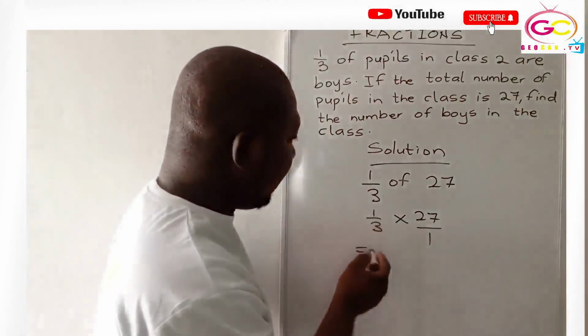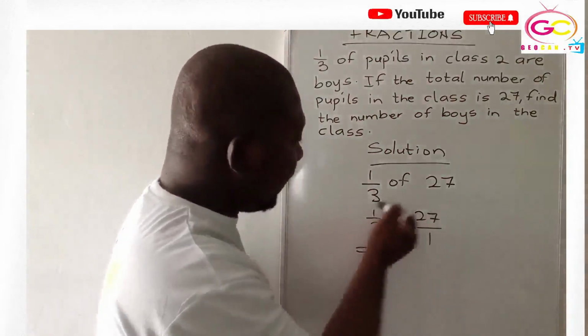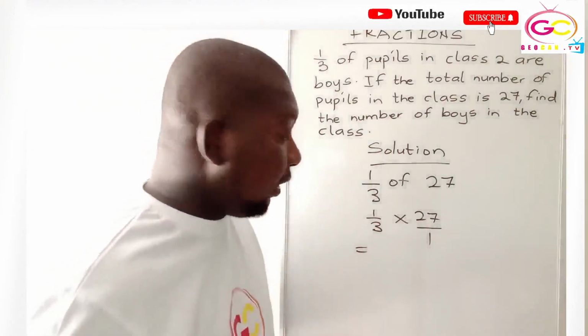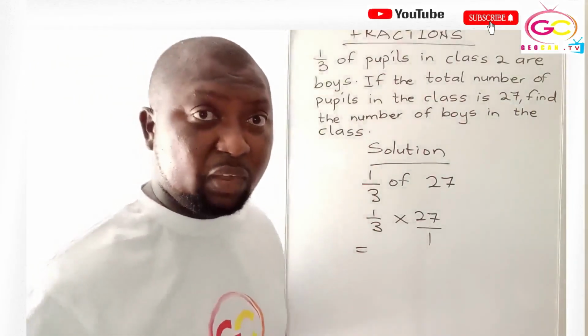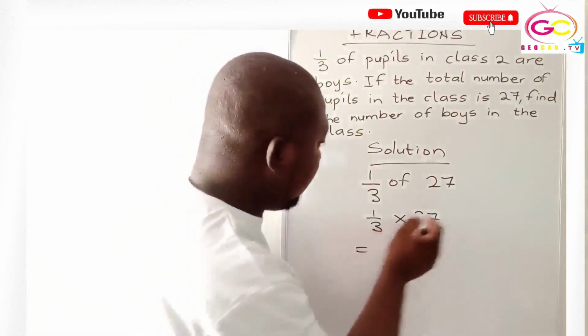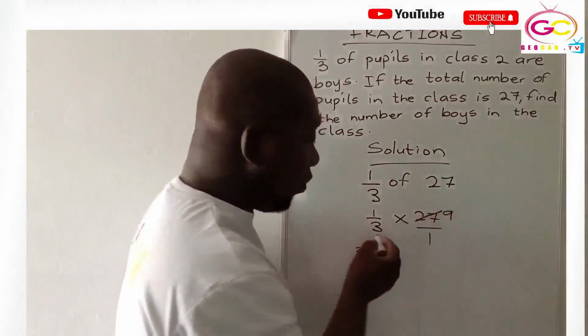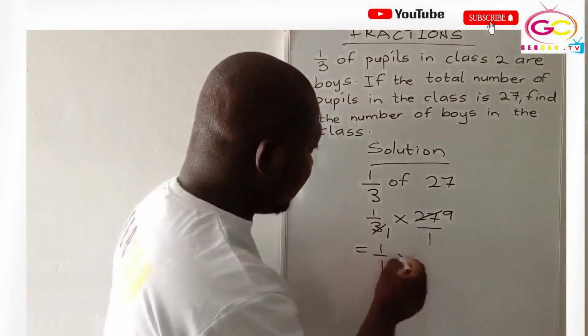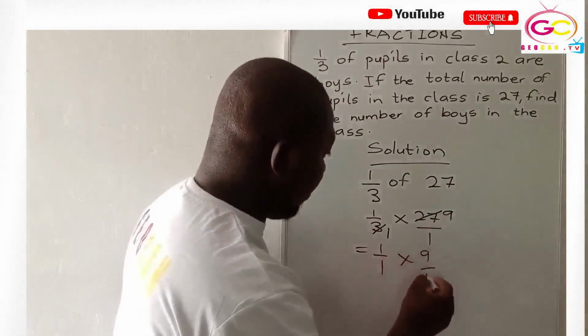Good. So 1 over 3 cannot cancel. When you look diagonally here, you can cancel. 3 will go into what? 27. 3 ones are 3, 3 twos are 6, 3 threes are 9, 3 fours are 12, 3 fives are 15, 3 sixes are 18, 3 sevens are 21, 3 eights are 24, 3 nines are 27. So 3 will go into 27 nine times. 3 will go into itself once. So we have 1 over 1 times 9 over